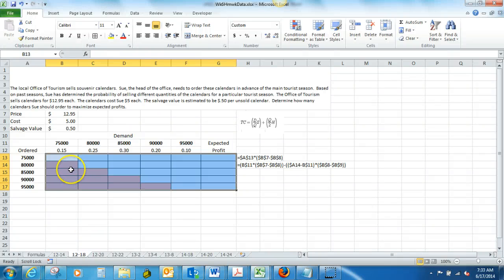In this formula, we are making a pricing grid, and we are going to be using these two formulas. This formula goes in the blue, and this formula goes in the pink. And the trick with this problem is to use the absolute referencing